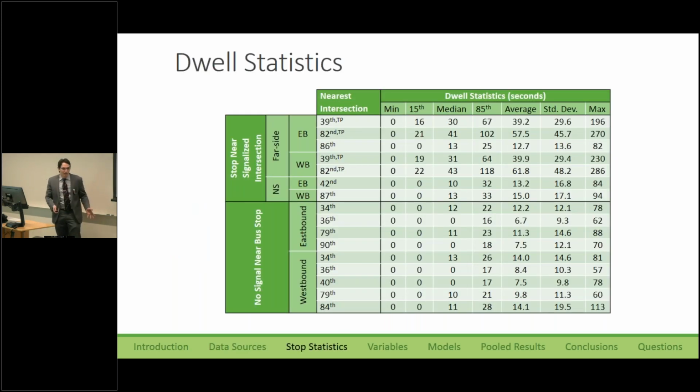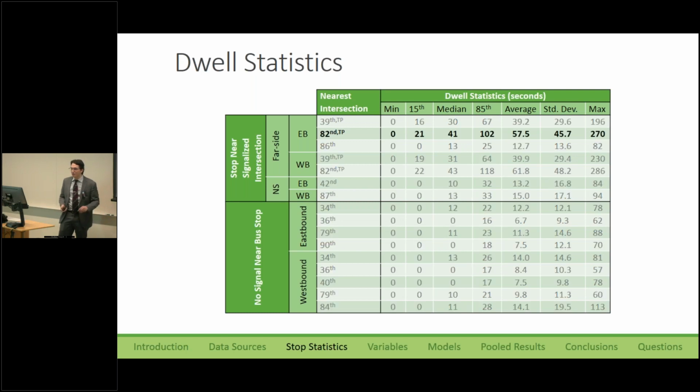Now, for dwell, you can't just say, what is typical dwell? It is so dependent on what type of stop and factors that are happening. For example, looking at 82nd, the 15th percentile, that means 85% of buses, or of dwell times, were above this time, 15% lower: 20 seconds. And when you look at that for that period with a max of 270 seconds, an average of about a minute, and compare that with, say, 36, only 15% of the buses show dwell times above 16 seconds,